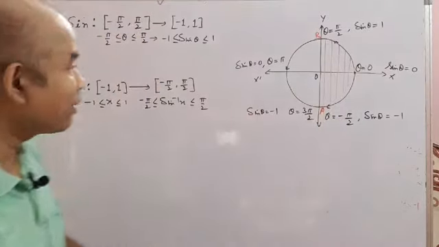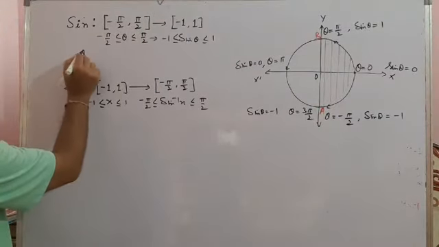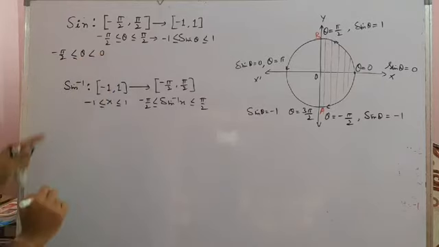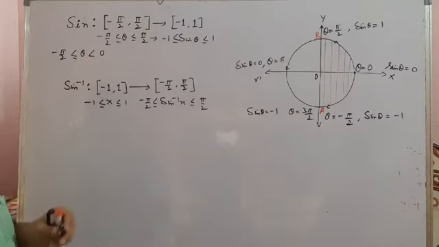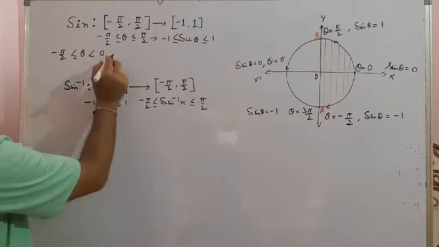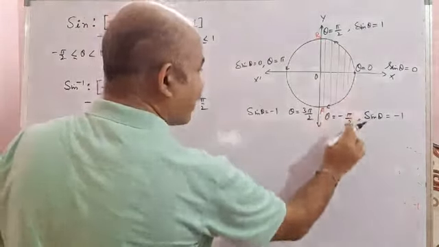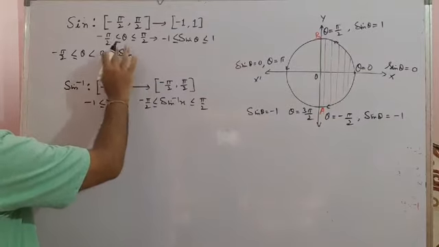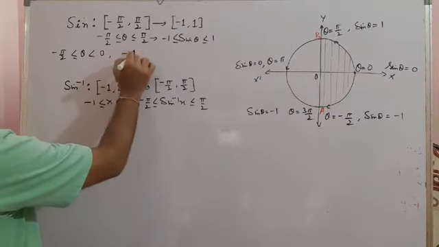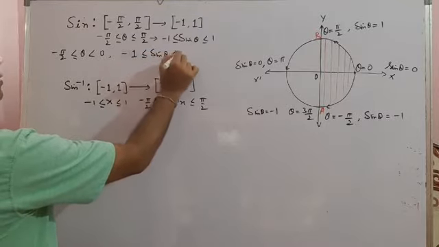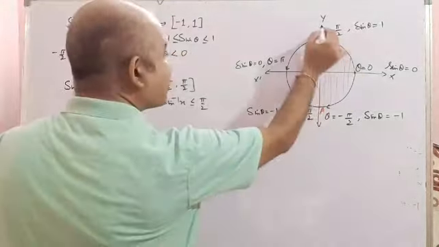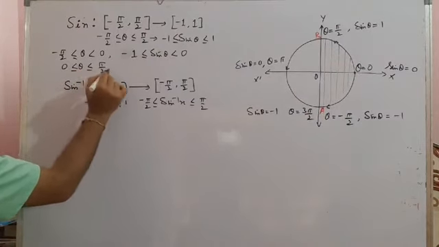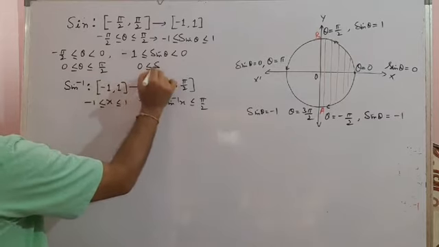to 0, that means whenever our theta is between minus pi by 2 and 0, greater than or equal to minus pi by 2 and less than 0, or if I take it equal to 0 also, then you see here when theta is here, then sine theta is minus 1 to 0. So in that case, sine theta will be greater than or equal to minus 1 and less than 0. And from theta equal to 0 to theta equal to pi by 2, then your sine theta is like that. We have seen this one.